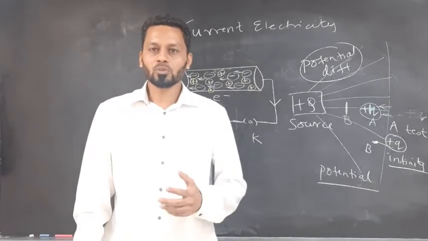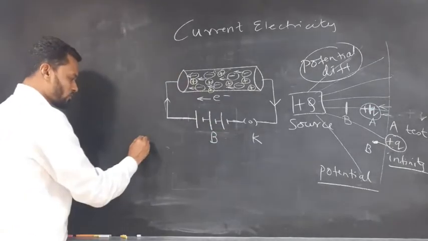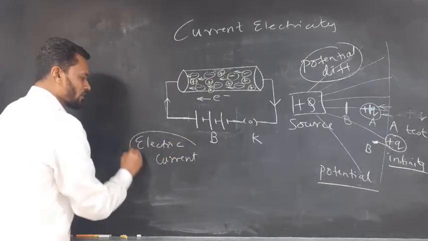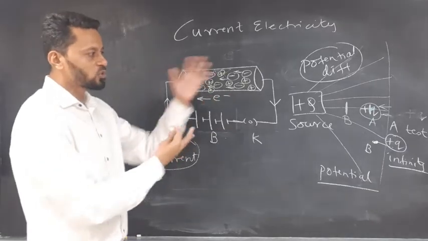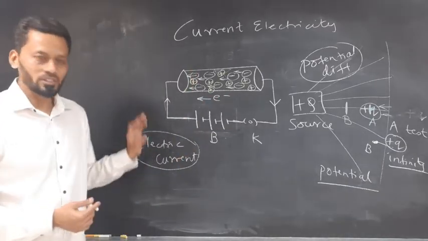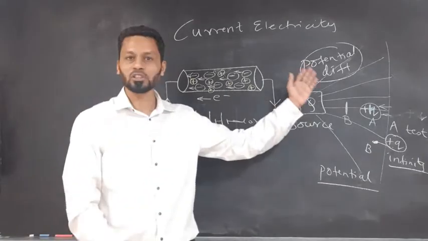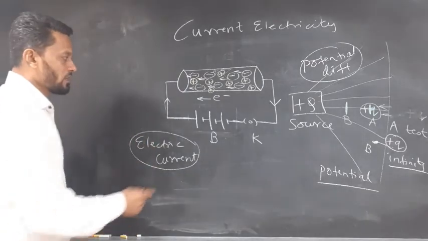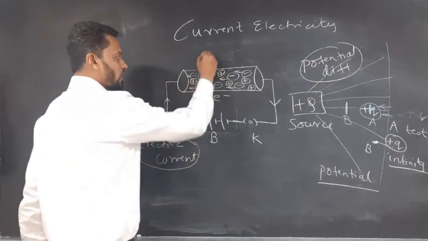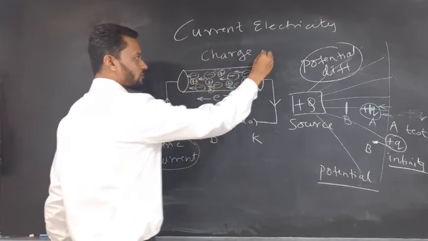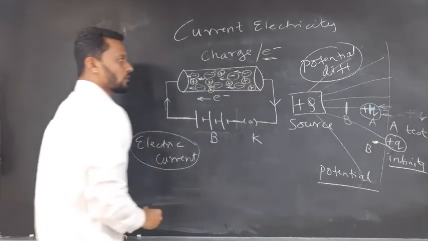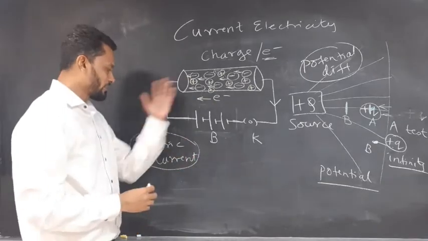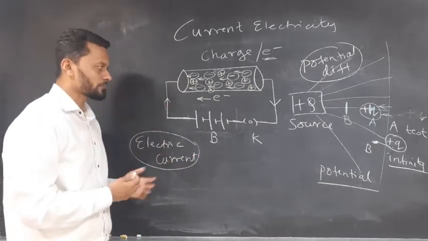The next concept, which is very much known to you, is called electric current. You may think, why am I teaching it after two important topics? Because to understand electric current, we need to understand what potential difference is and what resistance is. So what is electric current? In this case, what is the charge which is moving? The charge which is moving is the electron. So the electron plays the important role in getting the electric current out of any given closed circuit.